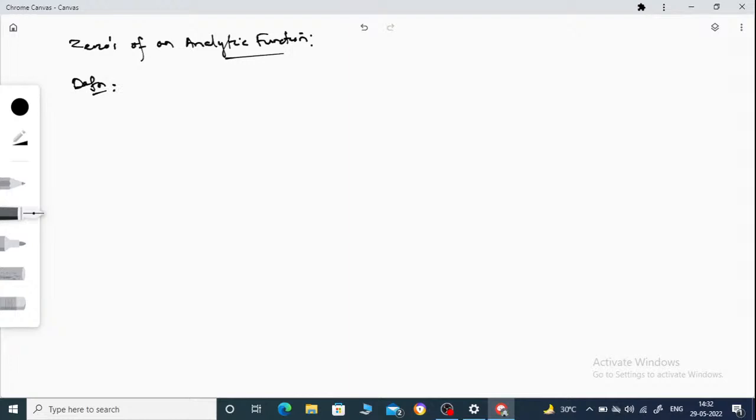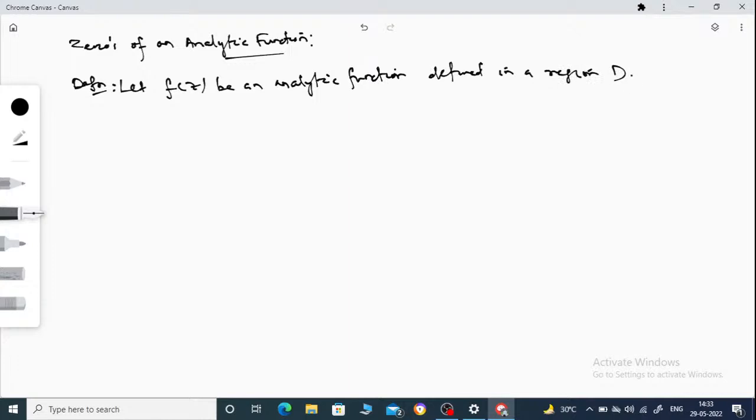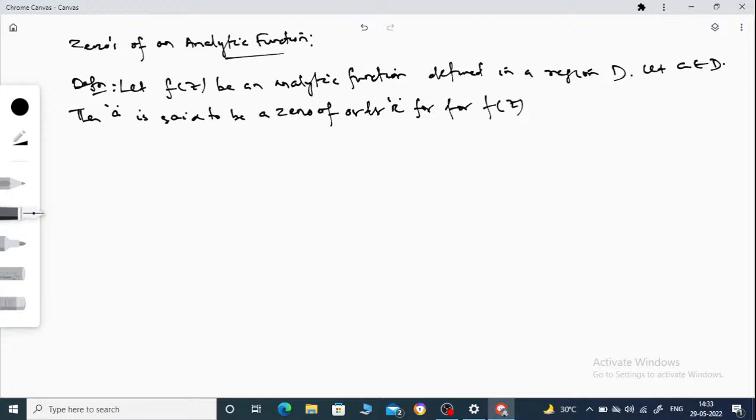Let f of z be an analytic function defined in a region D. Let a belong to this region D. Then a is said to be a zero of order r for f of z if